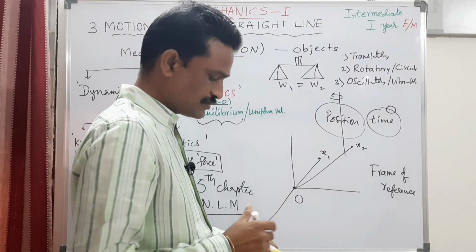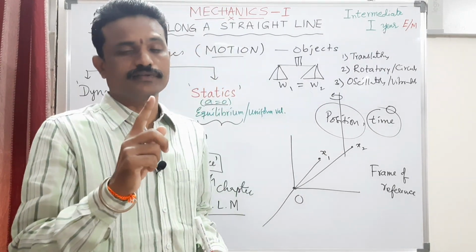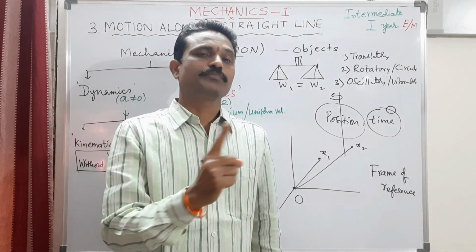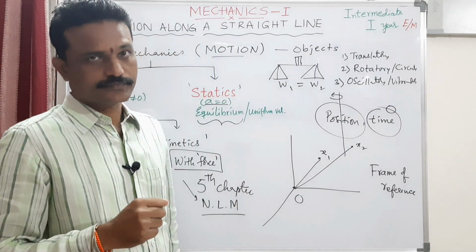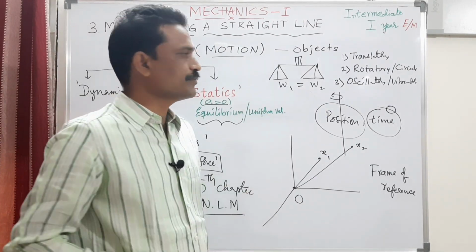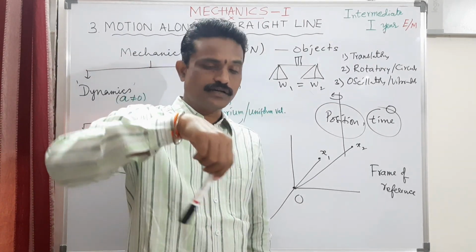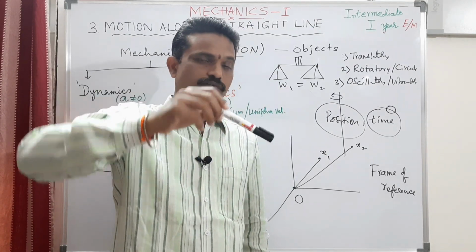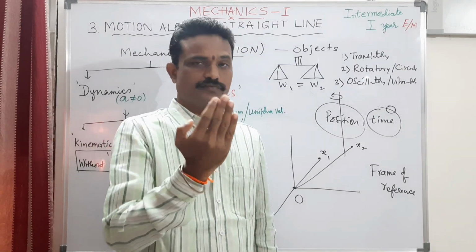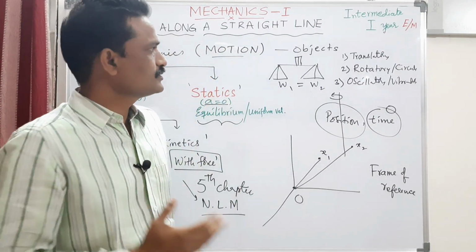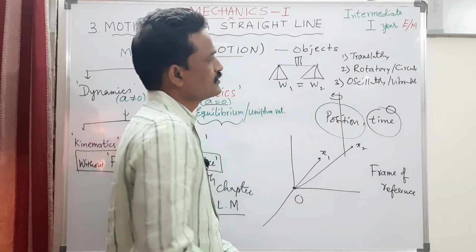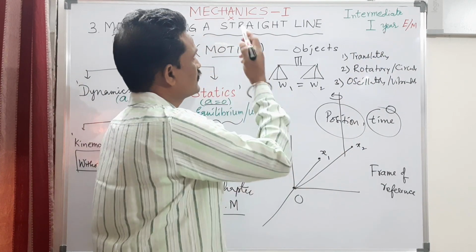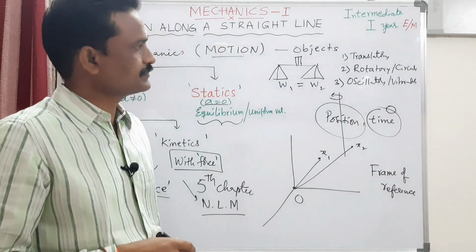Or a better example: you take a small pebble, tie it with a thread and rotate it with the help of your finger. In that case, the pebble is undergoing circular motion. Now, what do you mean by oscillatory or vibratory motion? If something is oscillating, the best example is a swing or a simple pendulum. Vibratory means moving forward and backward, that is to and fro motion. These are the three types of motions, and we will discuss all of them under mechanics in various chapters.